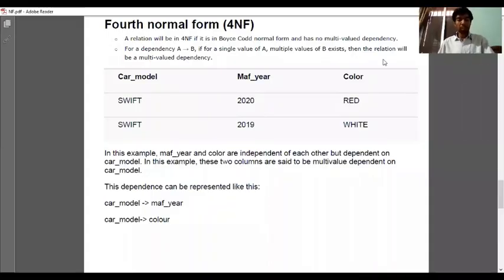In this example, manufacturer year and color are independent of each other but dependent on car model. These two columns are said to be multi-value dependent on car model. This dependence can be represented like this: car model tends to manufacturer and car model tends to color.